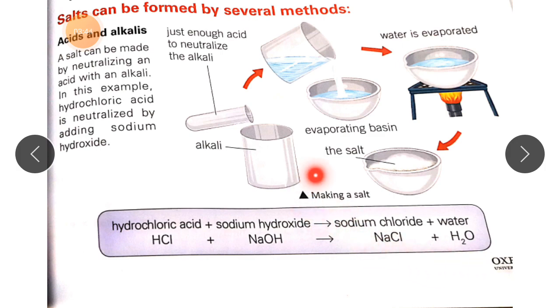Now, what do we have to do to get a salt? When we add alkali to an acid, after that we transfer it into an evaporating basin. This container is known as an evaporating basin, or generally we also call it a china dish. After that we keep it on heat. We apply heat, we keep it on a burner, and you know that when we provide heat, water is evaporated. So it means that we have taken water in it also.